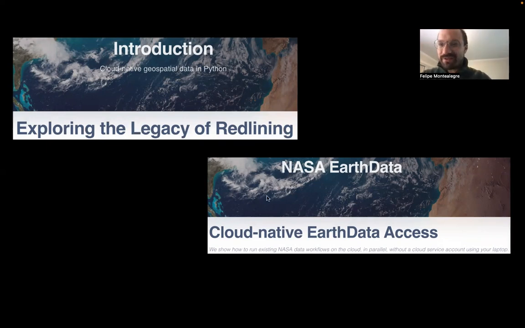Then we have a tutorial on how to access cloud native data from NASA data centers. I'll jump into the redlining tutorial to give a bit of an overview of what we're covering generally.